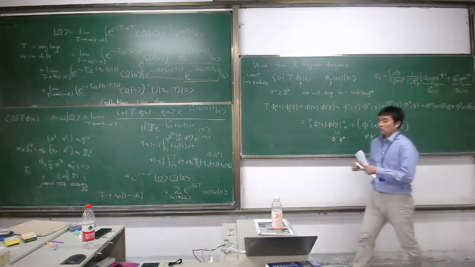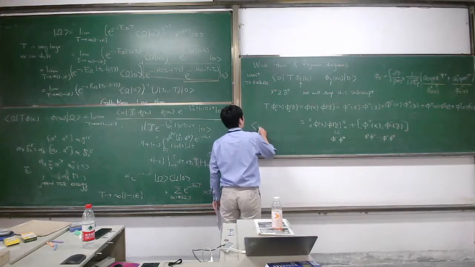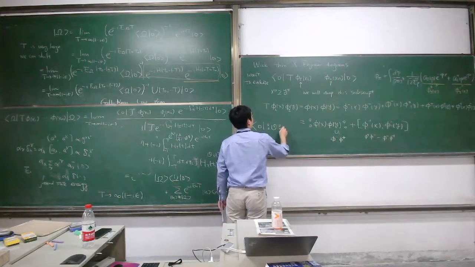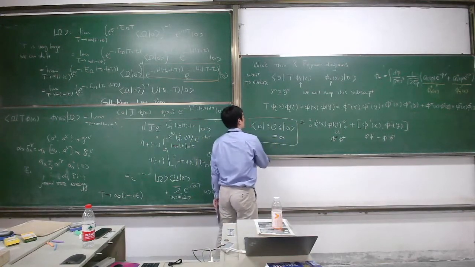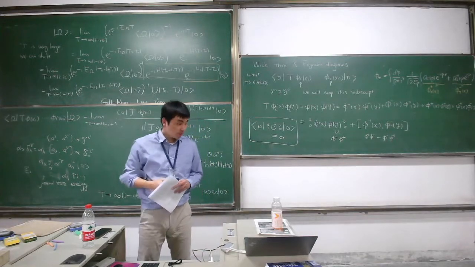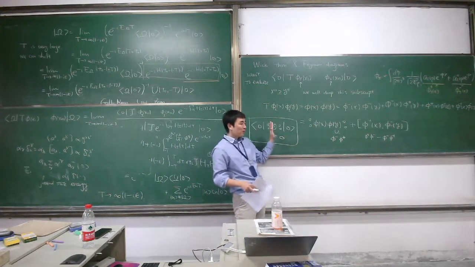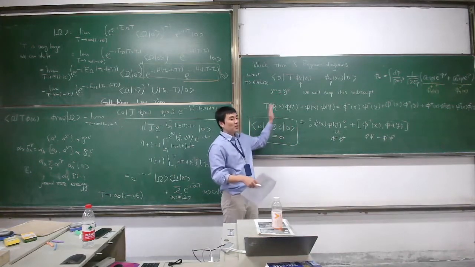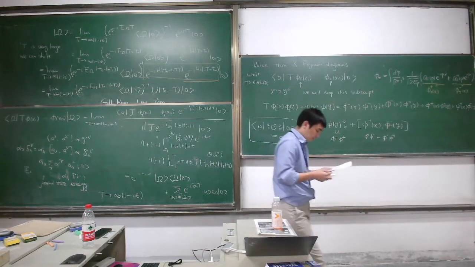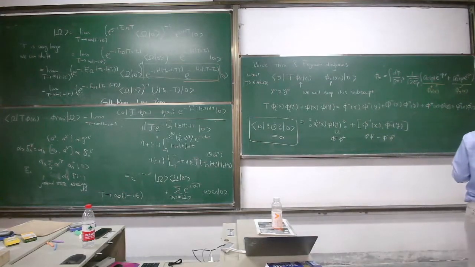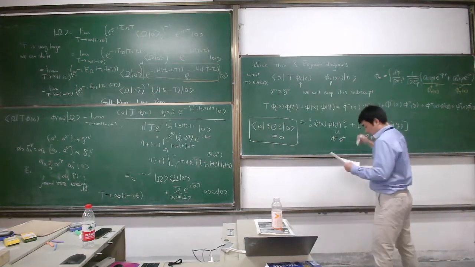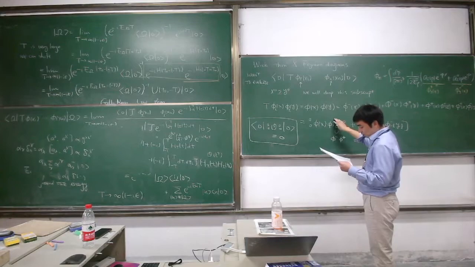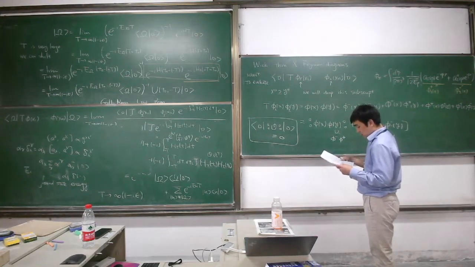And the reason why we are doing this is that if you sandwich a normal ordered operator, this is always 0. Because the annihilation operator is on the right and the creation operator is on the left. So if you sandwich by the vacuum, this term does not contribute; it's just 0. Okay? So therefore, what we have